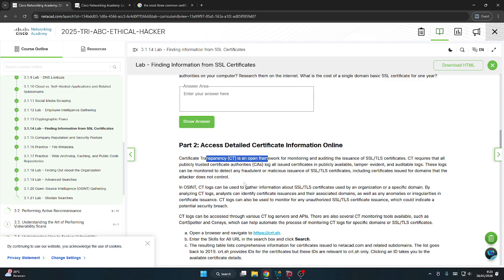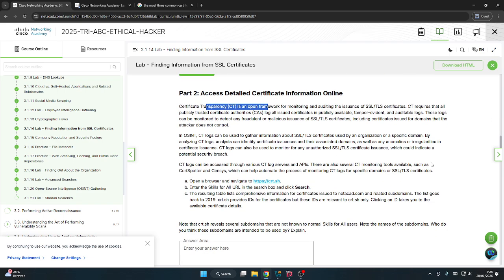In OSINT, CT logs can be used to gather information about SSL TLS certificates issued by an organization or specific domain. By analyzing CT logs, analysts can identify certificate issuance and their associated domains, as well as any anomalies or irregularities in certificate issuance. CT logs can also be used to monitor for any unauthorized SSL or TLS certificate issuance, which could indicate a potential security breach.